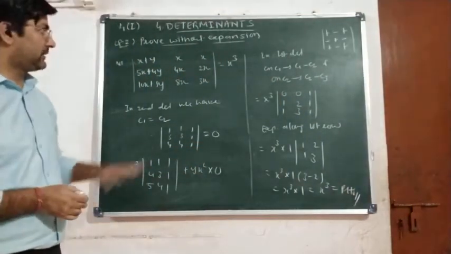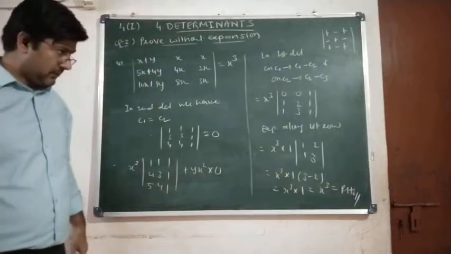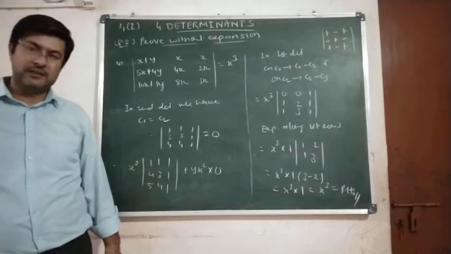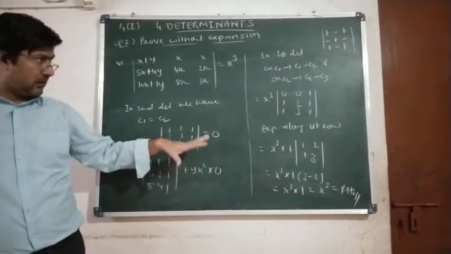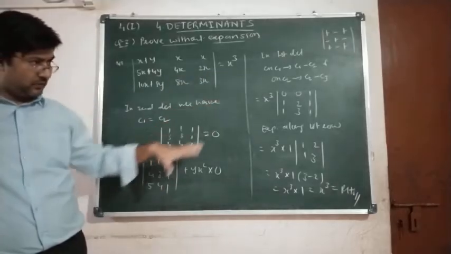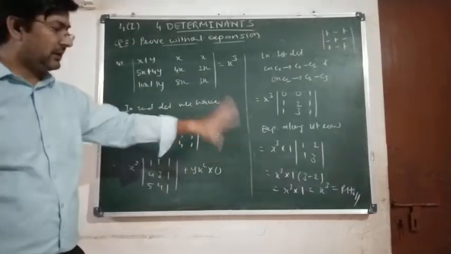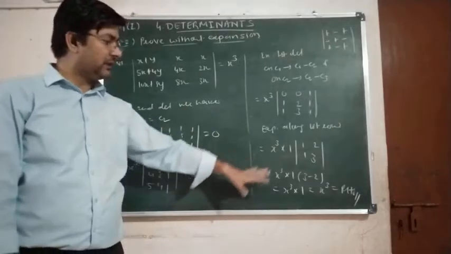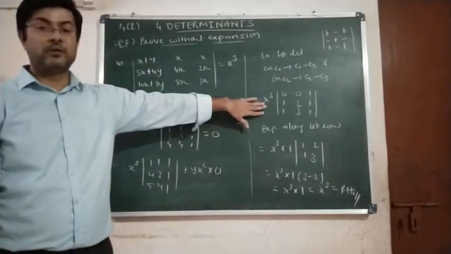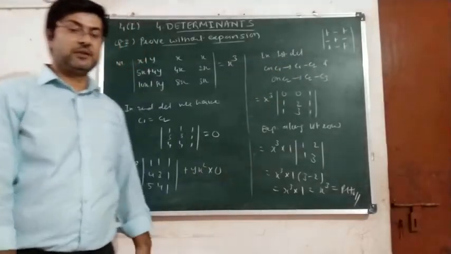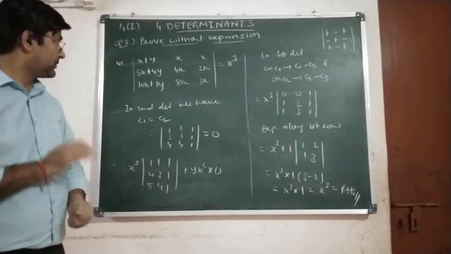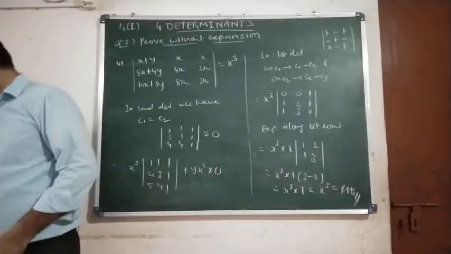You may have questioned that without expansion it is written, but in many questions you can simplify using the property up to certain steps, but without expanding a single step, many times we may not get the answer. So in many cases we will simplify as far as possible and then finally we will expand, yes or no? So here we have simplified till here. Okay, after we got the two zeros in the first row, then we can expand. Clear? So question number 5 is also over. Now let us solve the question number 6.